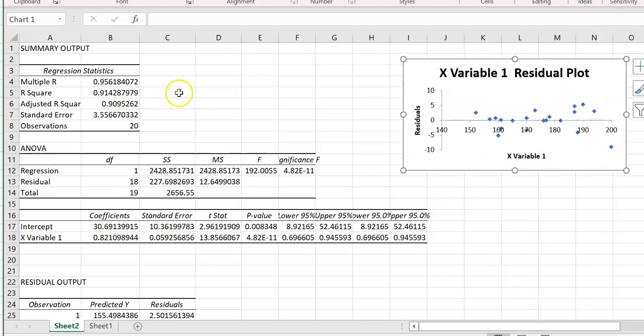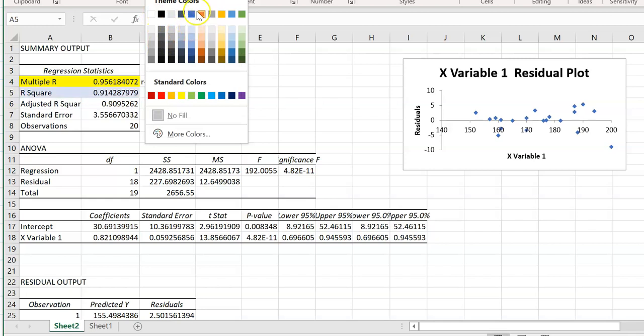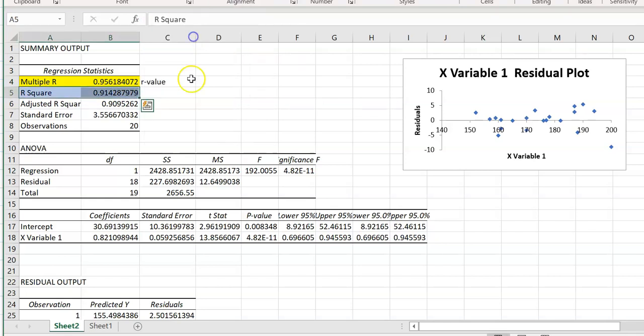The important statistics from this regression output are, this one is our R value. This one here we're going to look at a bit more in depth next lesson. That's our R squared value. Down here, this is our A value, so that's also important.